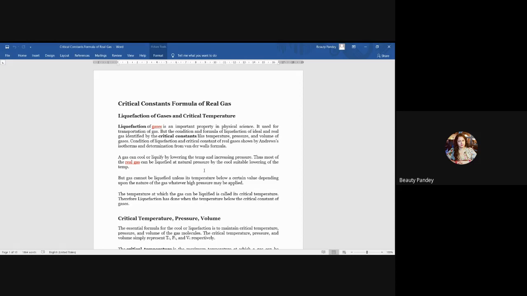No, not liquid hydrogen. It's not possible to liquefy hydrogen. Why is it not possible to liquefy hydrogen? Who will tell? Tell someone. Try at least. Yesterday only I was discussing that hydrogen and helium cannot be liquefied.